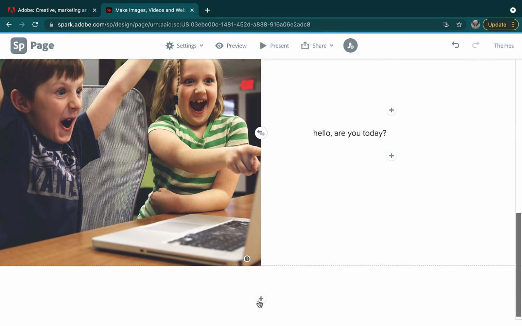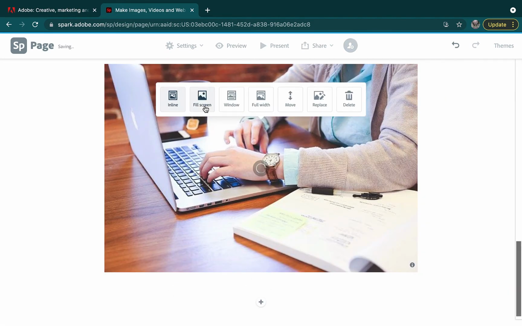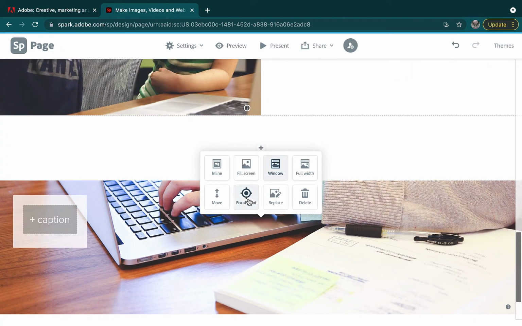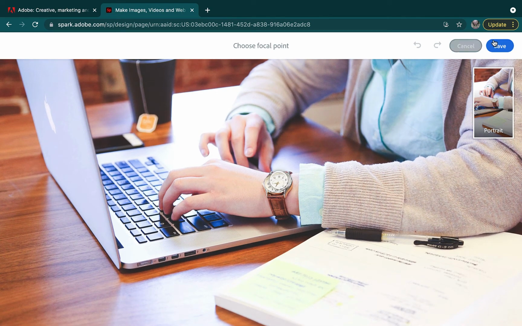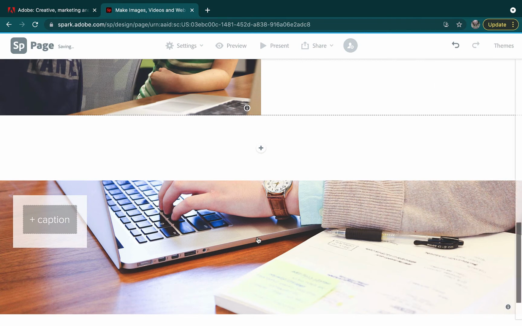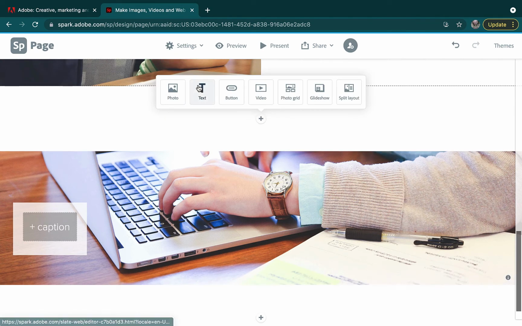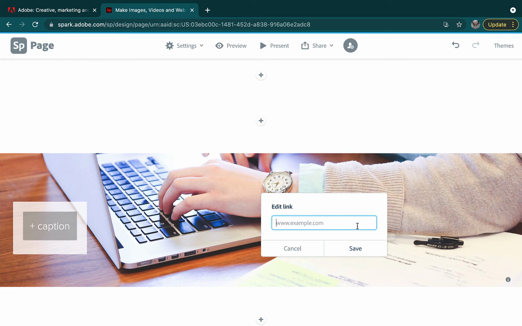Scrolling down, I can add more photos where I can make them full screen window, or even adjust the focal point. Here I can add a caption of the photo, or I can incorporate more text where I will have the option to adjust the alignment of my text, can incorporate a link for my text,